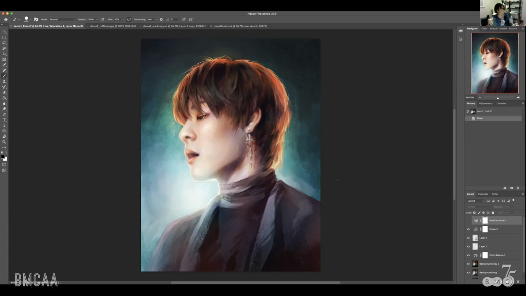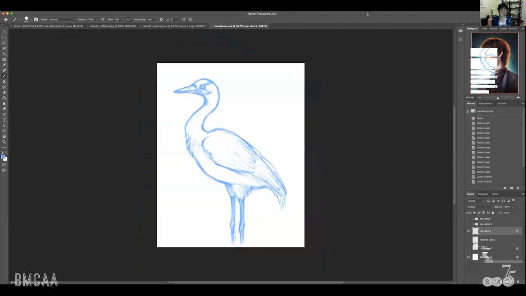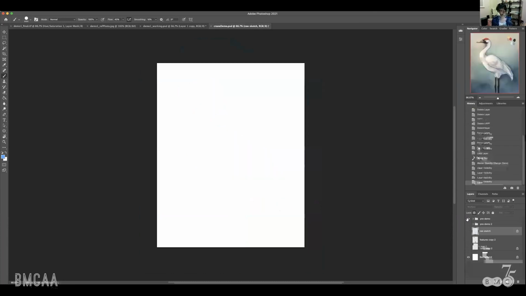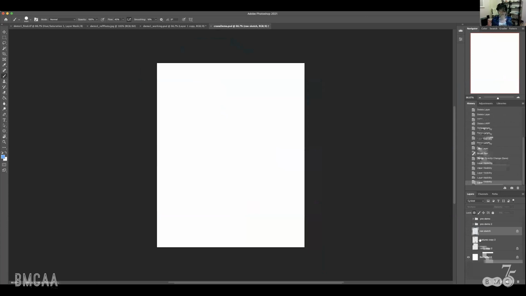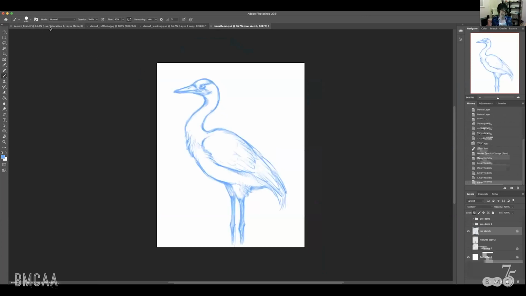Okay, so for the demo, I've prepared 2 files. The first one is this one. It's a polished digital painting. I'll be turning the layers on and off so you can see how they affect things and demonstrate my process that way. And then afterwards, I'll be starting directly from this sketch, and doing something like this on the fly. Turn that back on. Anyways,